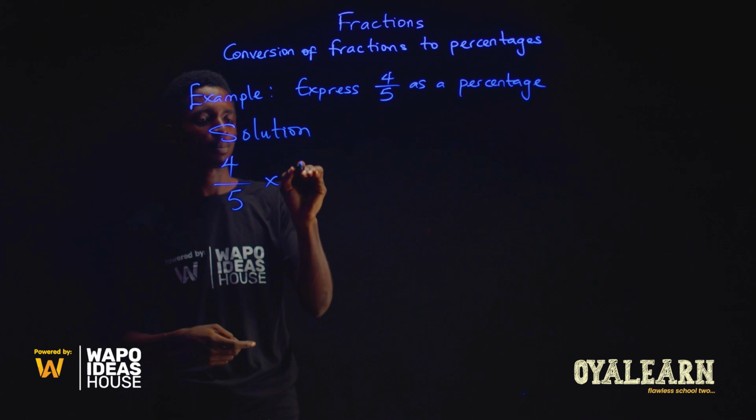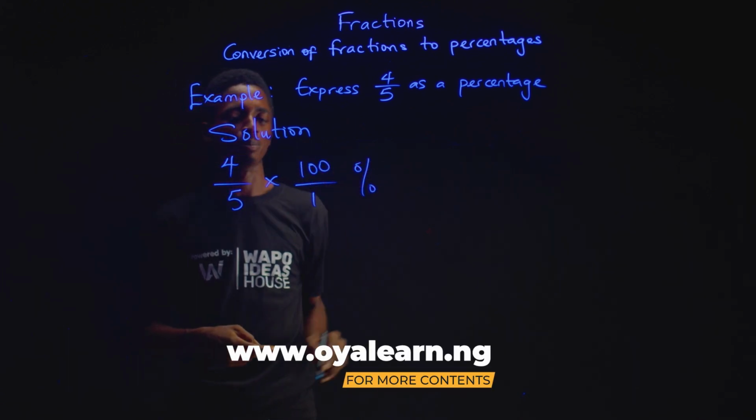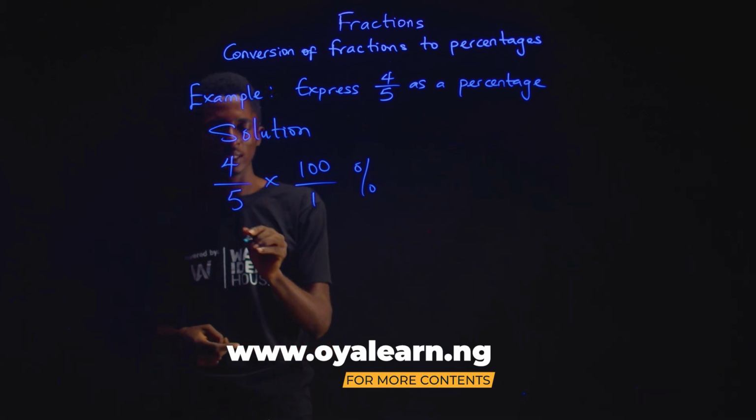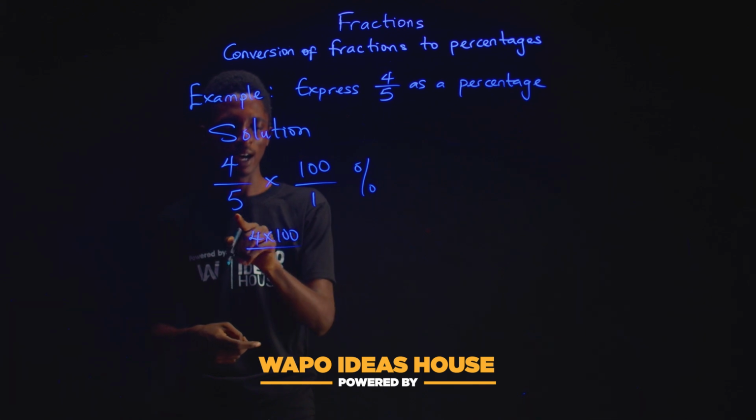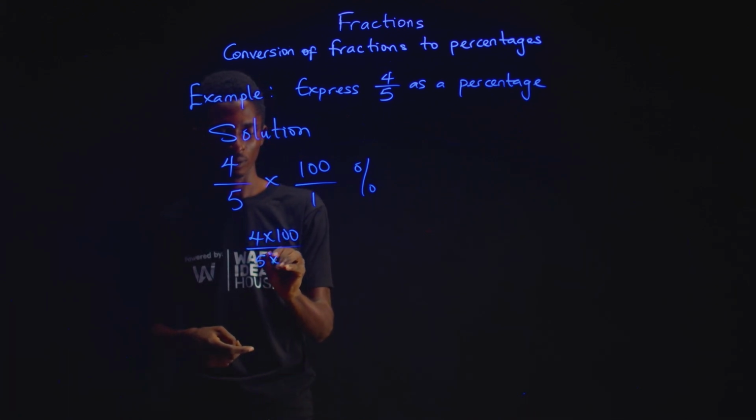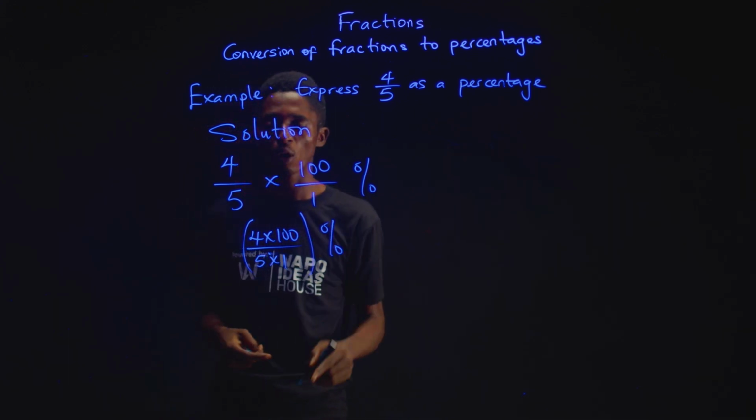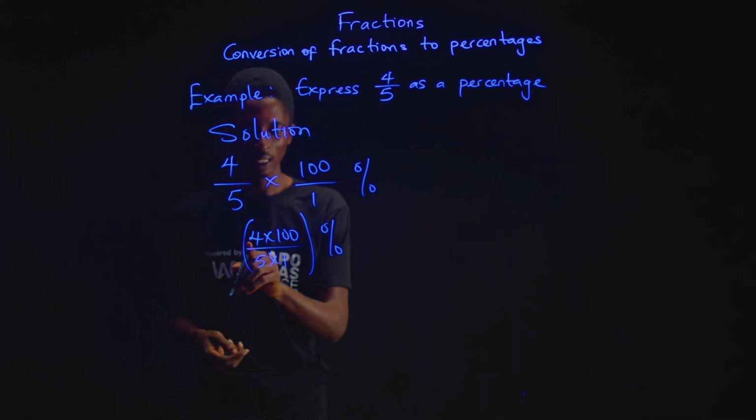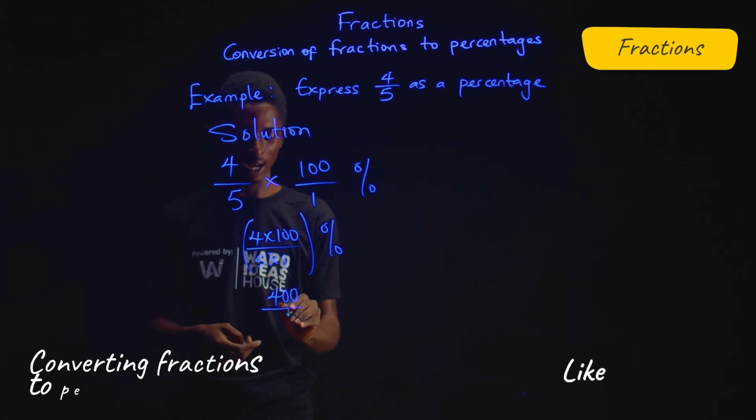That is, in our solution, you just need to do 4/5 multiplied by 100/1 in percent. Now this means you have 4 times 100 over 5 times 1 percent. Now this is the symbol for percentage. Now what is 4 times 100? That will give you 400 over